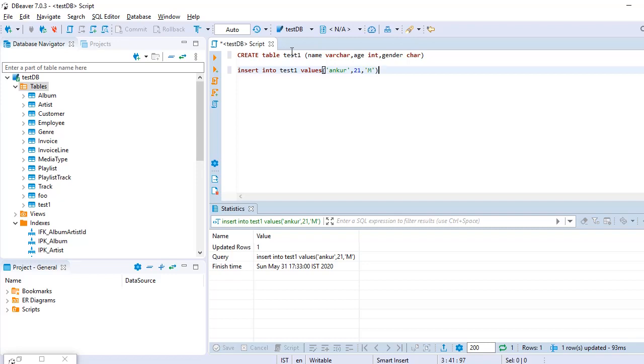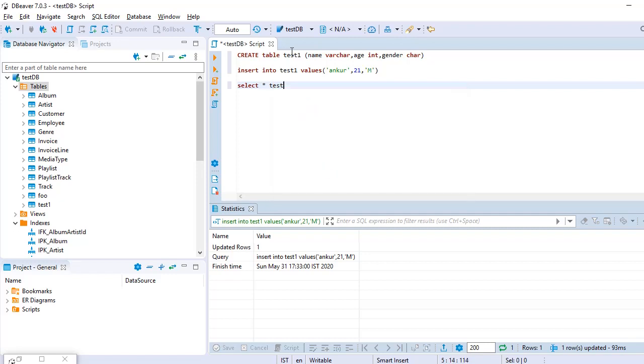Okay, now we have to fetch the data already written on the database or the table. For that we have the select query, select asterisk. Asterisk means we want all the data present in any table.